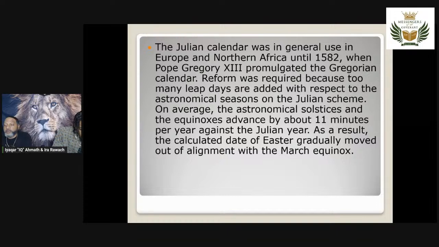So, in other words, what was happening was they were realizing that the equinoxes and the settling in of the new moons were backing up slowly but surely, and they started realizing, oh, Easter and so forth is falling out of season. What's going on? And that's when they realized adjustments had to be made. Well, that's when the Romans did. We were already understanding what we needed to do.